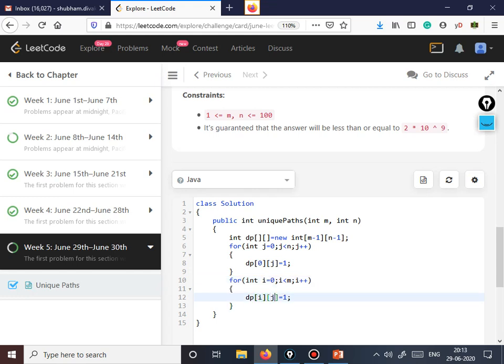Then dp of i, 0, this is the first column.